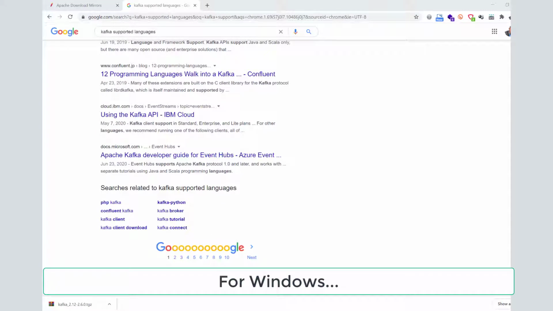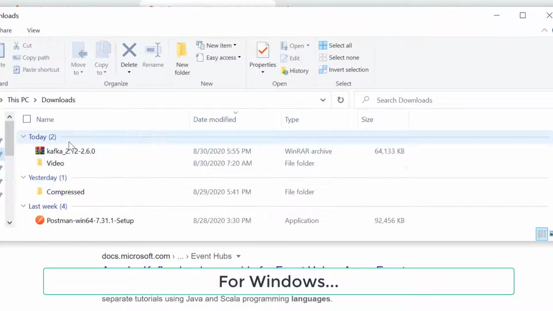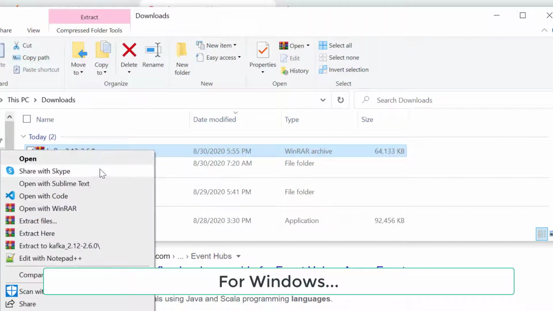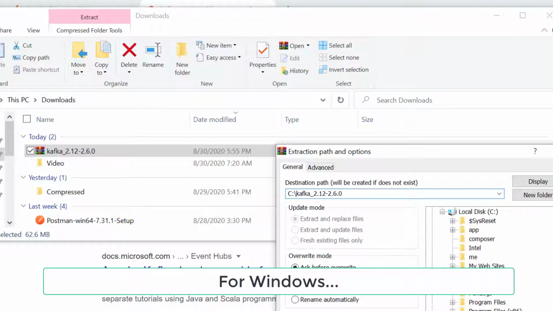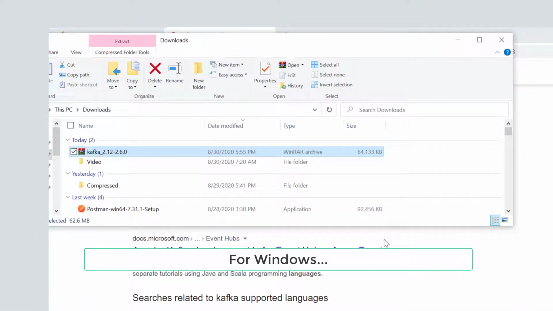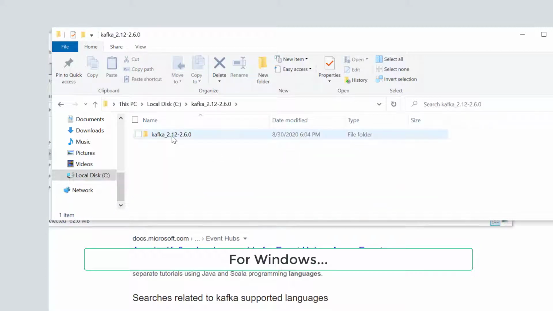Now our download is completed, as you can see right here. So all we need to do is go to the downloaded page. This is our file. You have to extract the file, and we're going to choose to extract it to the C drive. You can decide to extract into any convenient place that you prefer. So it extracts. Now we go to our C drive. We go straight to the file. Here's the file, and if you open it up, you're going to see,